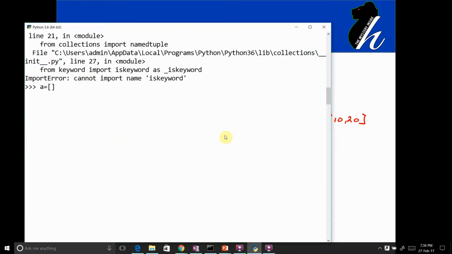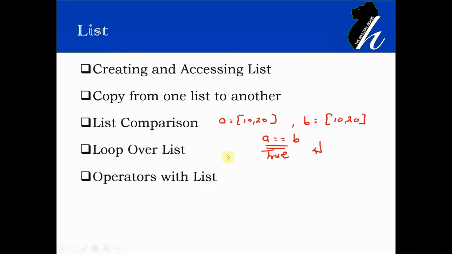A equals 10, 20, B equals once again the same value 10, 20, and C equals some other value, 10, 30. If I do A equals equals B, that is definitely going to return true, and if I do A equals equals C, it is going to return false. So that is the way we can compare the values of multiple lists.